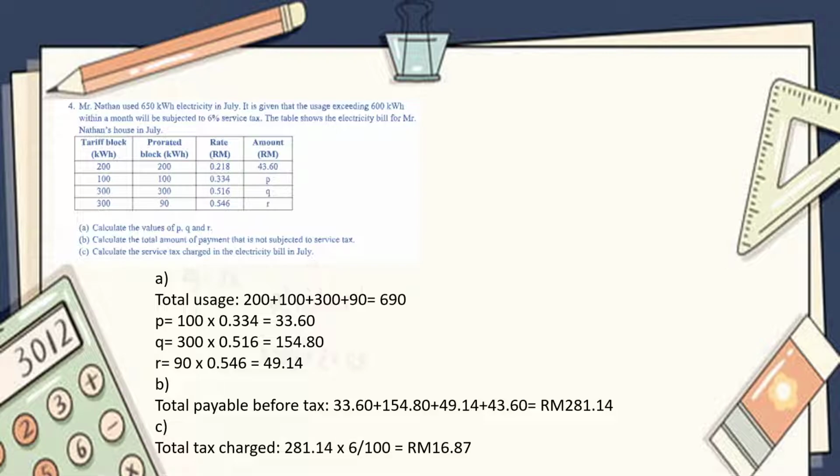For question number 4, Mr. Nathan used 650 kilowatt per hour of electricity in July. It is given that the usage exceeding 600 kilowatt per hour within a month will be subjected to 6% of service tax. The table shows the electricity bill